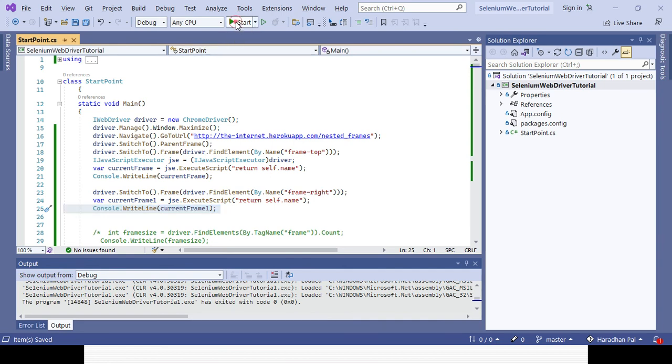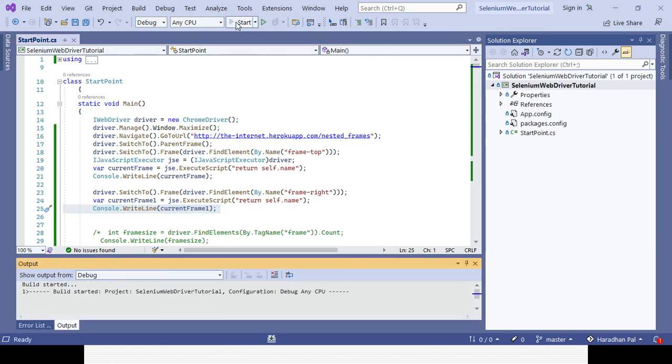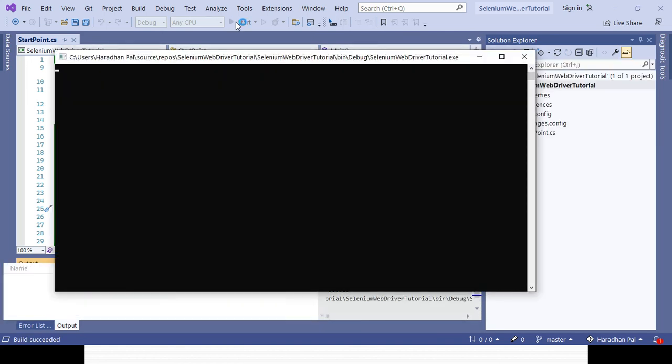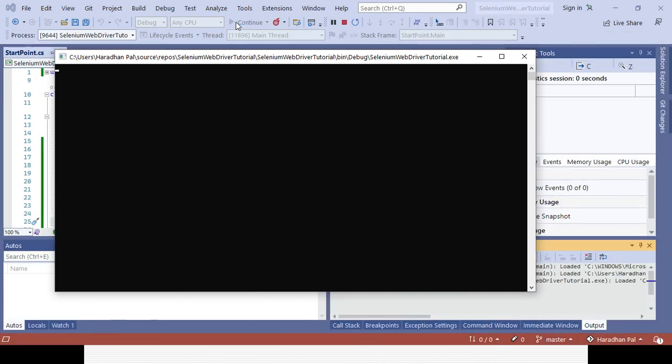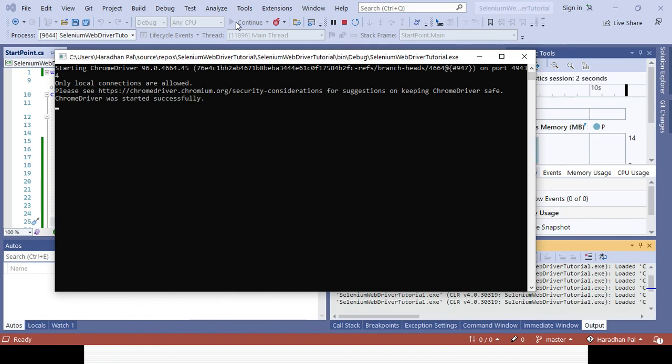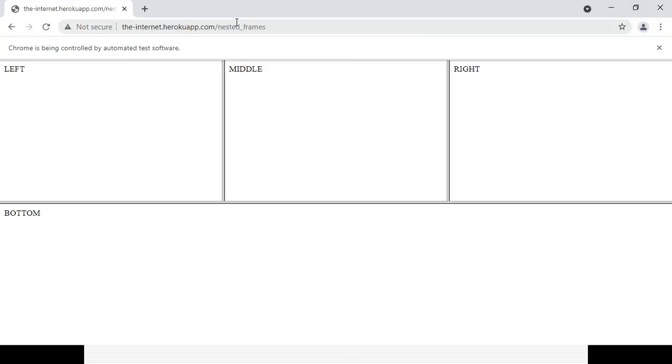Now let's run the code and see whether it is working fine and giving the correct result in the console. You will not be able to perform operations, but in the console you can get to know.